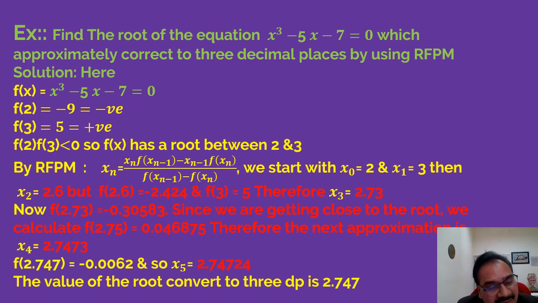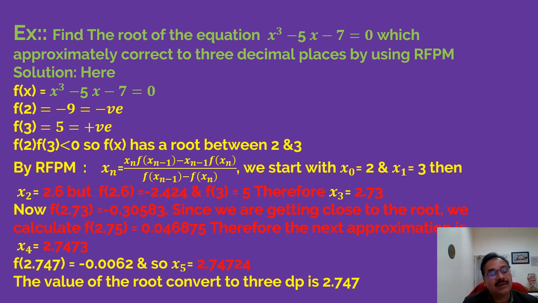Then, as I discussed in the previous lecture also, you can start your guess by putting in different values of x. Of course, first of all, we may put the integral values, 0, 1, 2, and so on. So here you can check f of 0, obviously that will be negative. F of 1 will also be negative, and f of 2 is also negative. So you can discard the values 0 and 1, and you can write here f of 2, more closer. F2 is negative, but f3 is positive. So you can choose this interval.